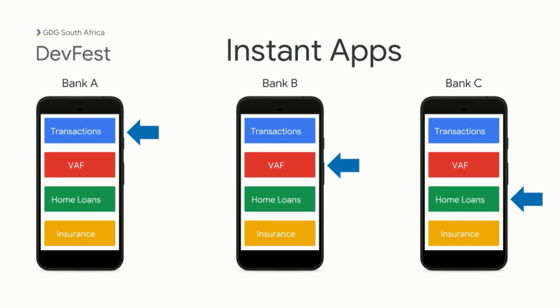And same for Bank C with home loan services. You don't always want to keep calculating every day how much is remaining, how many years, how much money you can put in and all that, right? So this as well can be turned into an instant application. So all I'd have on my device is this feature here, which is required to be less than 4 megabytes. Imagine the amount of space that I'd be saving. And not just that,